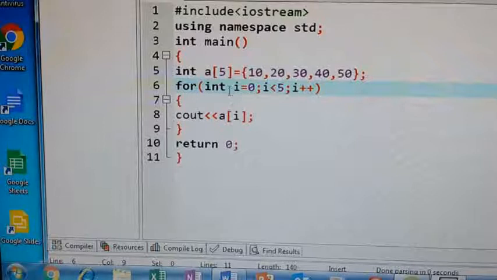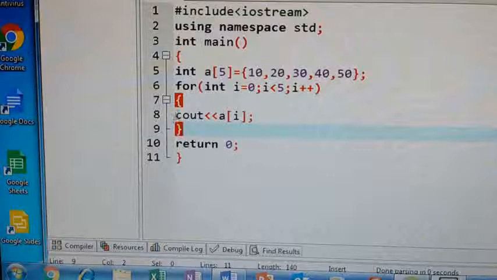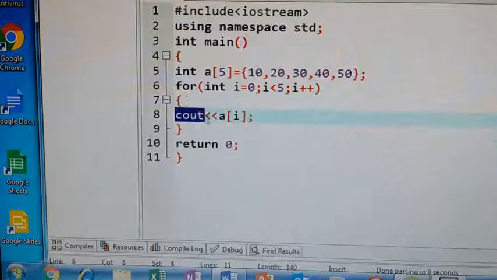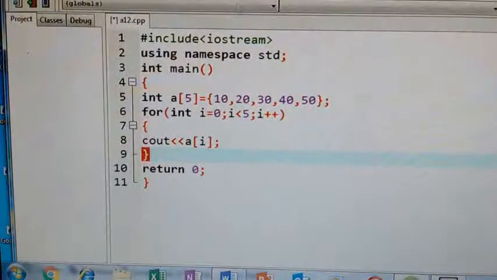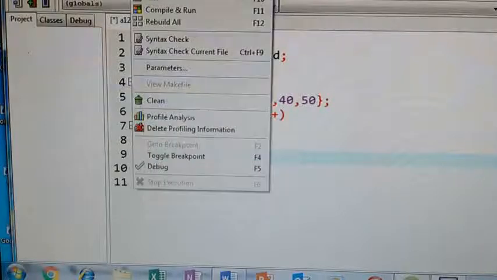So I want to print values from starting to ending. So whatever values you are printing, that should lie between 0 to 4. Next, this is an output statement, and it is used to print all the elements. Okay, understood. Now we'll see whether this executes or not.